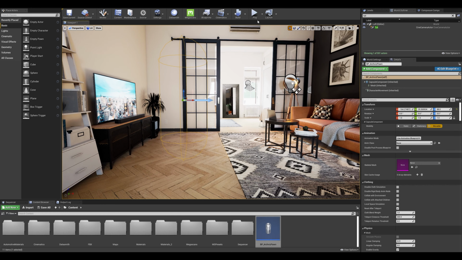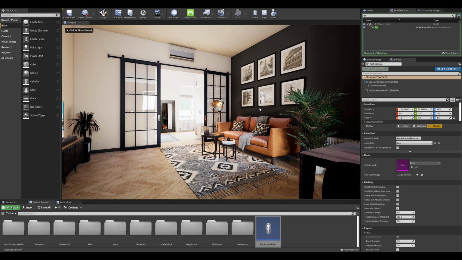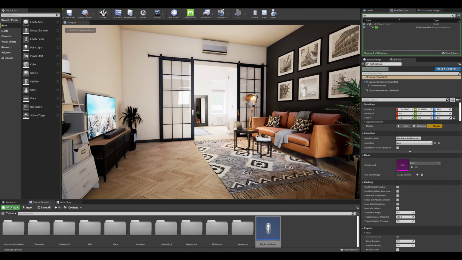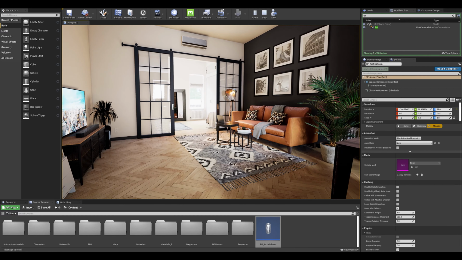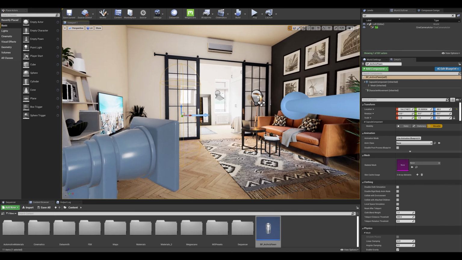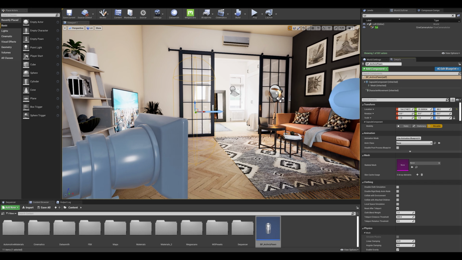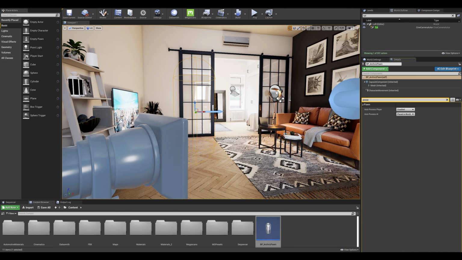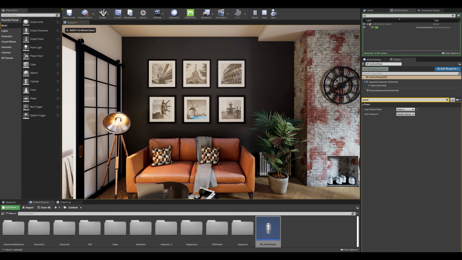So what I'm going to do right now is press play, and it looks like I'm still using the free roaming camera. That's very easy to fix. Simply select your character pawn, go into the details tab on the right and type in possess player. We're going to make the auto possess player, player 0. Okay, so let's try this again. And now I am correctly using the character pawn, except we cannot move or turn yet. So we're going to fix that right now.